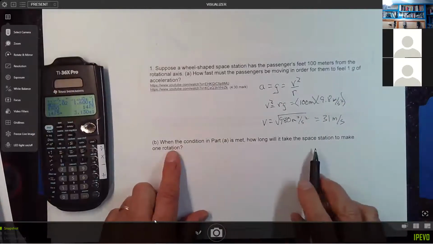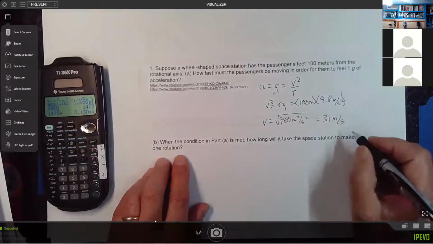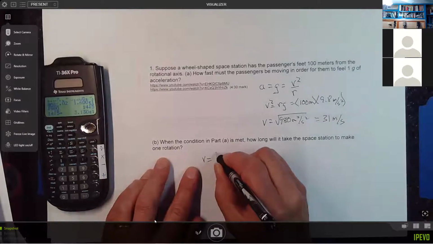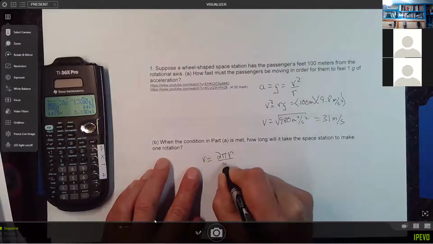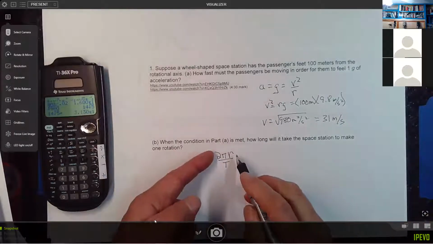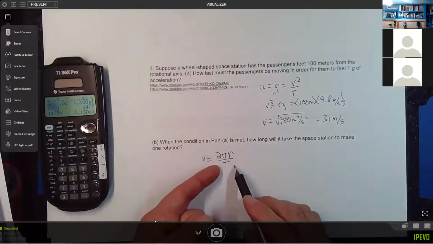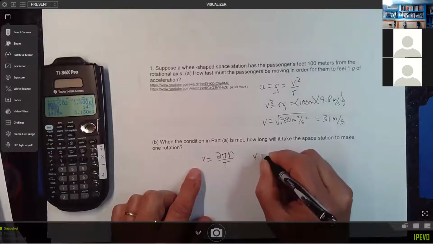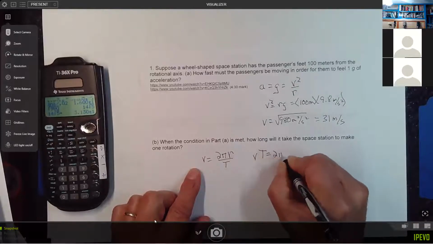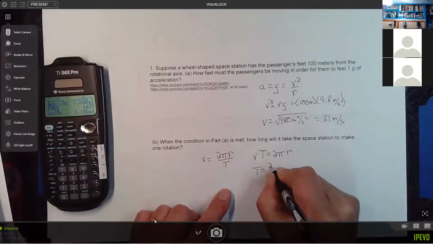Now, when that condition is met, how long will it take the space station to complete one rotation? Well, that speed, v, is equal to 2 times pi times the radius divided by the period. This is the circumference. They travel that circumference in one period, and v is distance traveled divided by time. So if I multiply both sides by t, I get vt equals 2 pi r. Or that time for one rotation is going to be 2 pi r